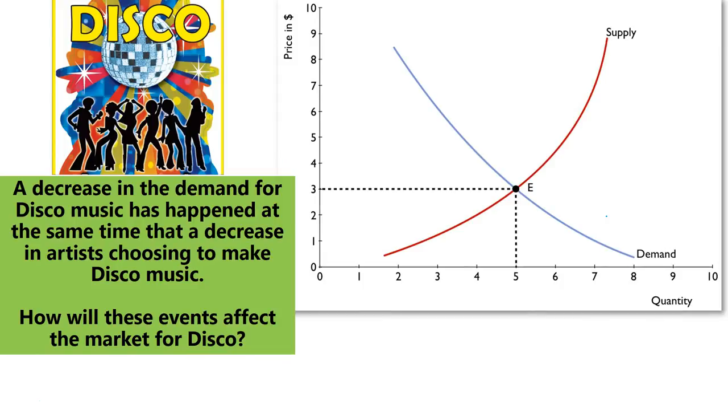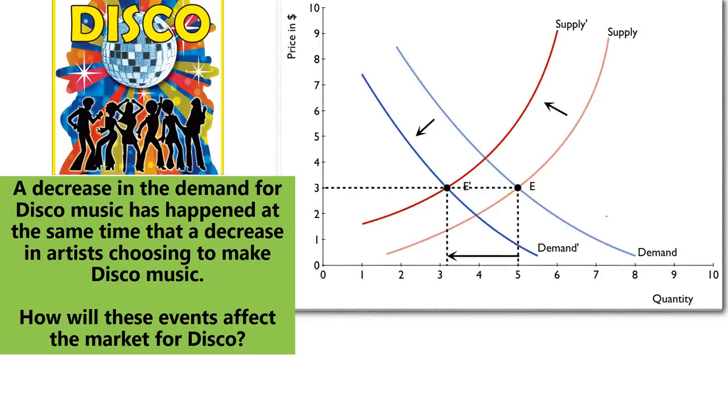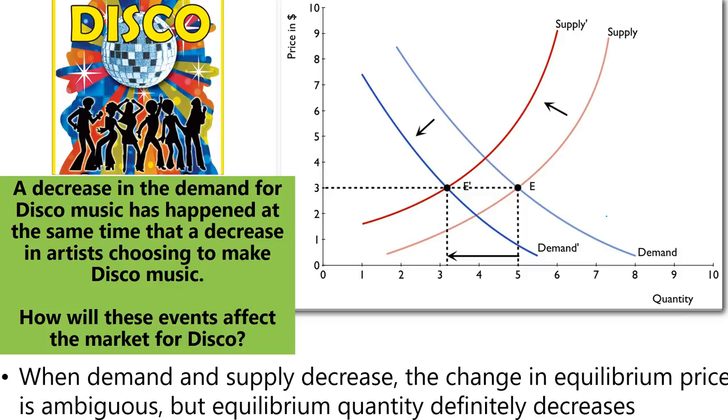As I go to my next question, let's say a decrease in demand for disco music has happened at the same time that there are fewer artists choosing to make disco music. So you're having a decrease in demand and a decrease in supply at the same time. When they both decrease, it's going to be the same sort of thing we just talked about. Depending on how you draw the lines, the price could go up or down. But I know without question that when demand and supply decrease, the change in equilibrium price is ambiguous, but equilibrium quantity will definitely decrease. No matter how I draw these lines, I'm going to be selling less of that product